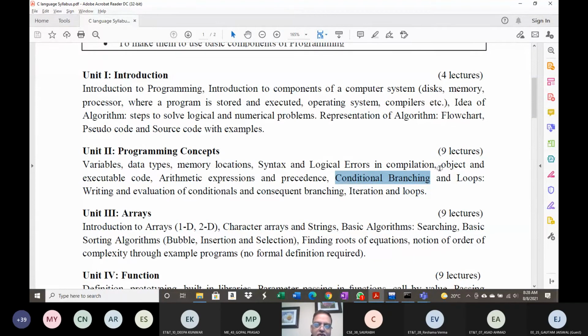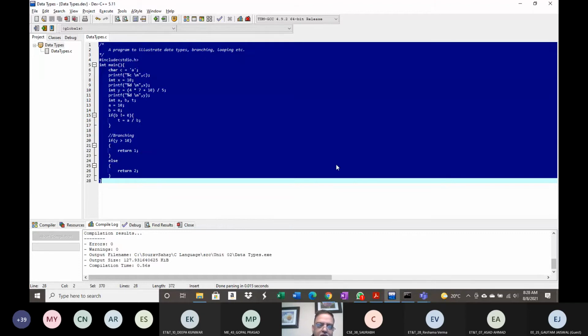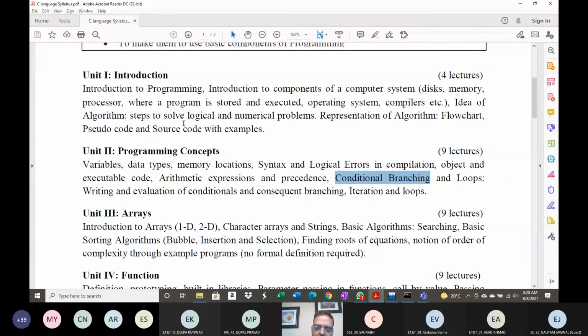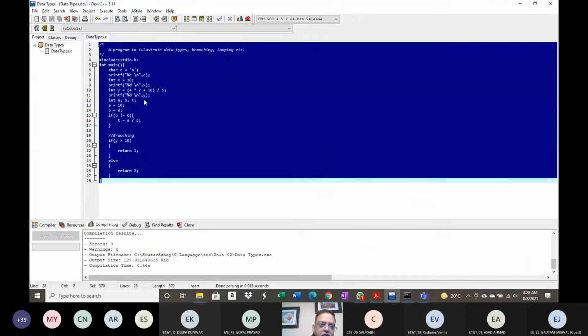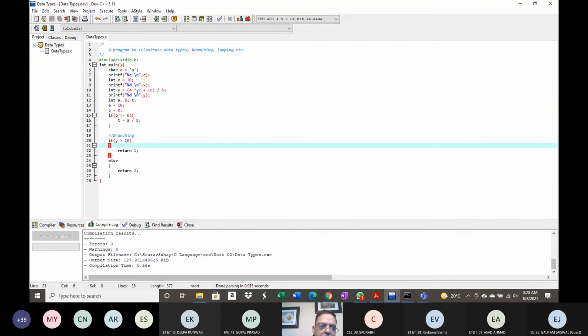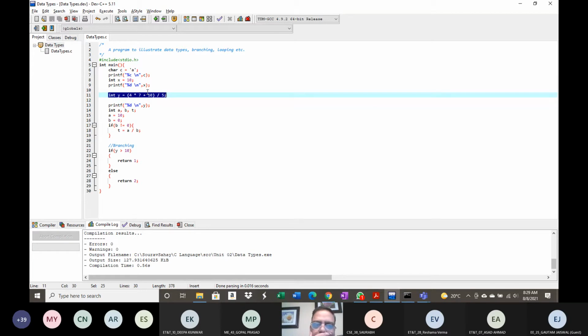Now conditional branching. So we have got this. I've created one quick one, and I think we had arithmetic. First, let me cover this precedence. So I have got a small expression over here. You will notice I will put that on a separate line.